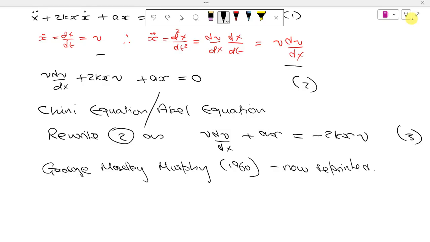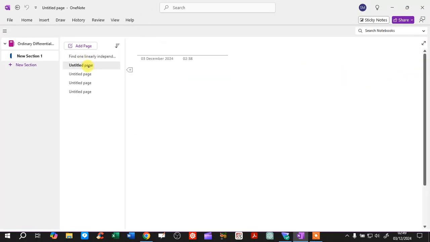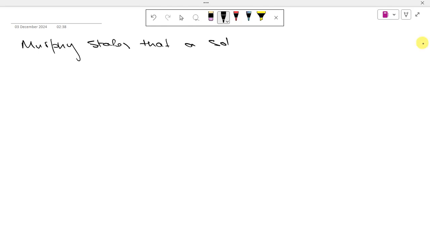So if I just minimize that and go on to the next page. So Murphy states that a solution, you could say an admissible solution to